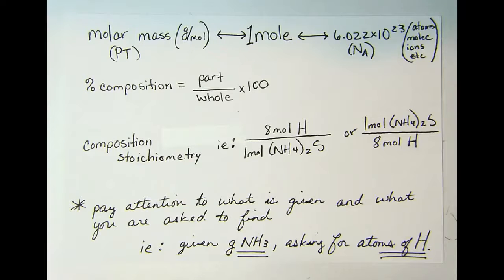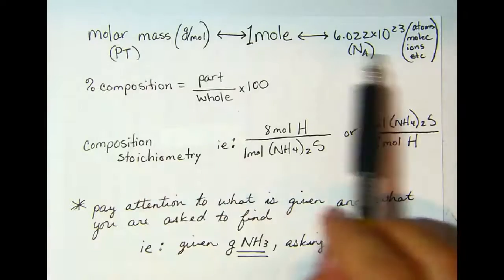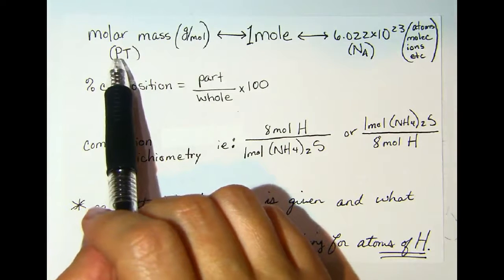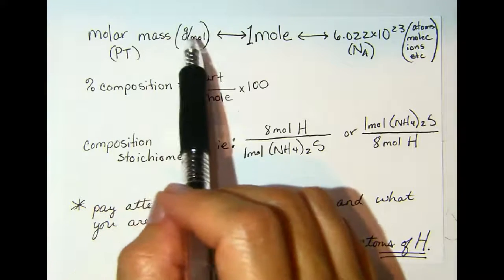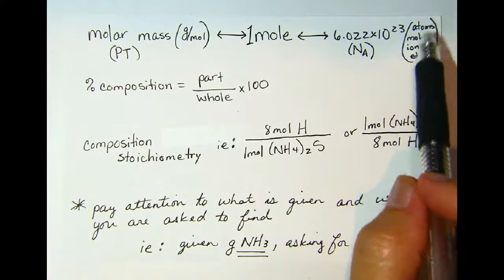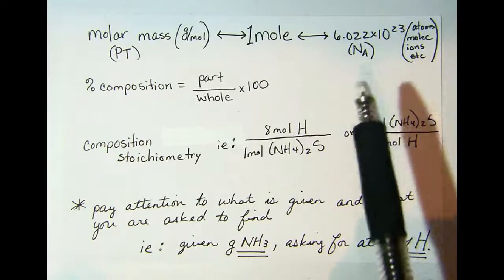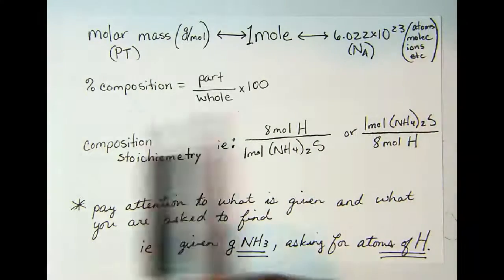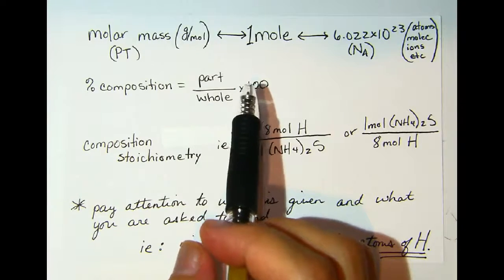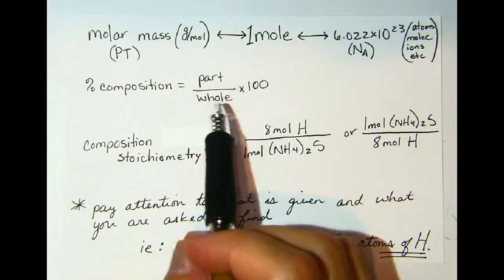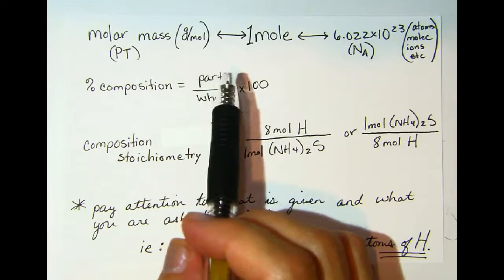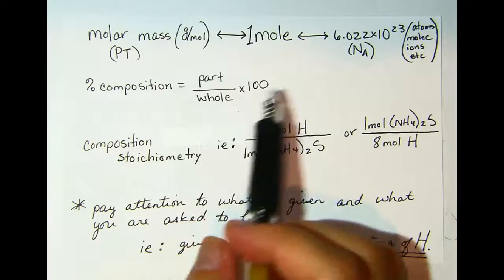Here's the note card for this section. So here's kind of our general roadmap that 1 mole can be converted to molar mass by using the formula mass on the periodic table, and that's going to be equal to grams per 1 mole. Or you can use Avogadro's number to convert to number of atoms, molecules, ions, etc., depending on what amount of things you're looking for. Percent composition is always going to be the part divided by the whole times 100, and be careful because if water is my whole, then 2 parts of that water is hydrogen, so you'd have to take the mass of hydrogen times 2 divided by the total mass of the water times 100